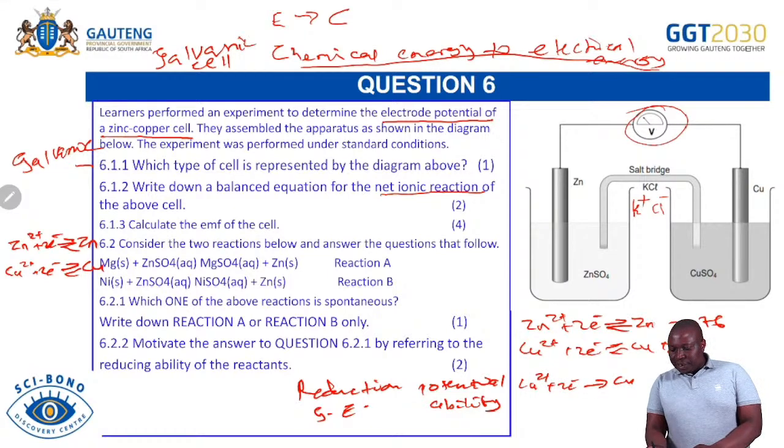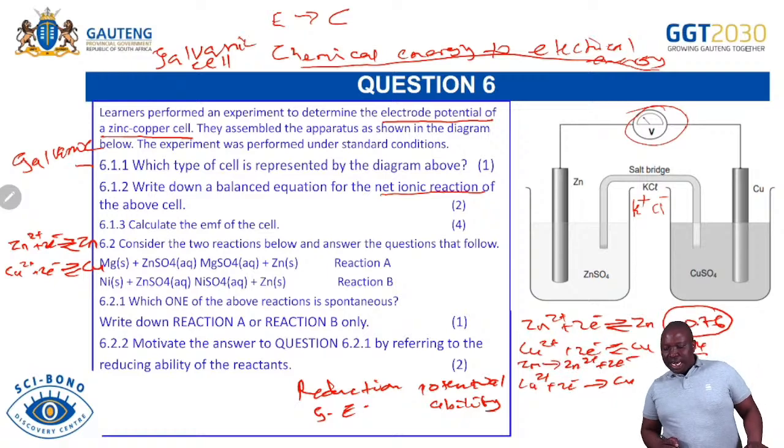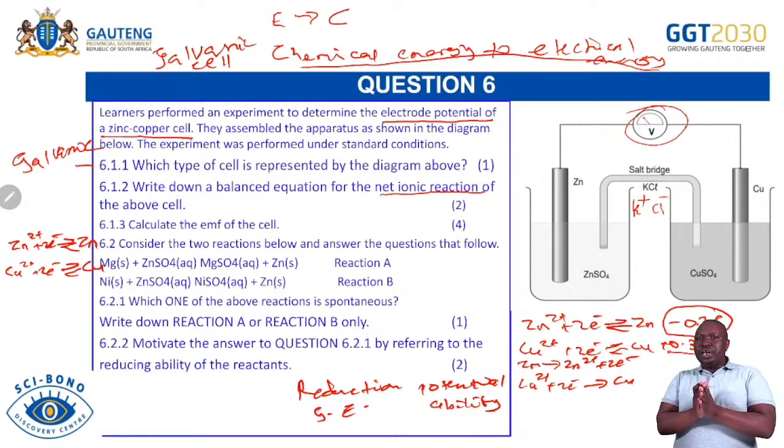However, this one, the zinc, because it has a lesser standard reduction potential, it will reverse, meaning we'll write it from zinc going that side, which will be zinc forming zinc 2 plus 2 electrons. So you are able to form that. Please remember at all times, you just look at the standard reduction potential, which is the ability to gain electrons. The one with the bigger ability to gain electrons will gain electrons. The one with the lesser ability will lose electrons.